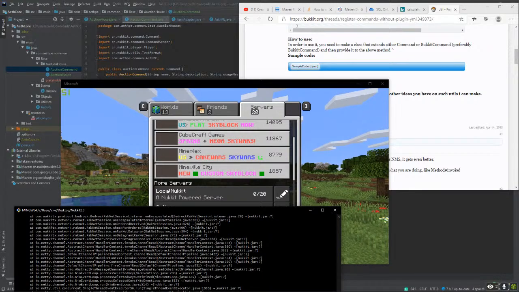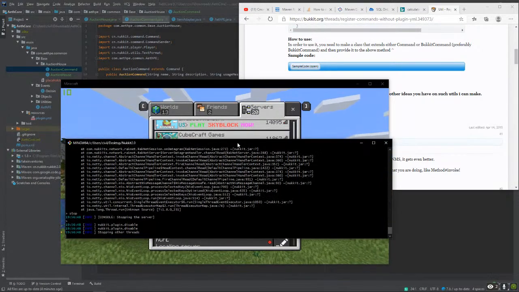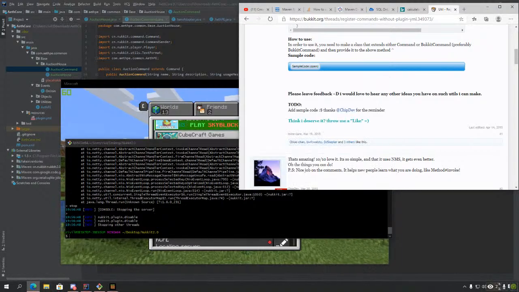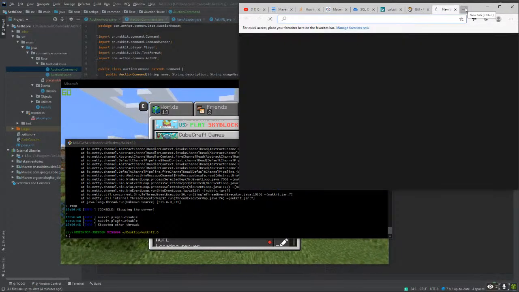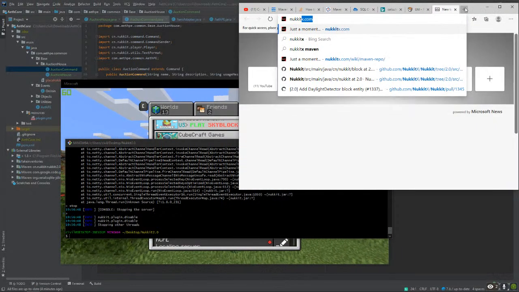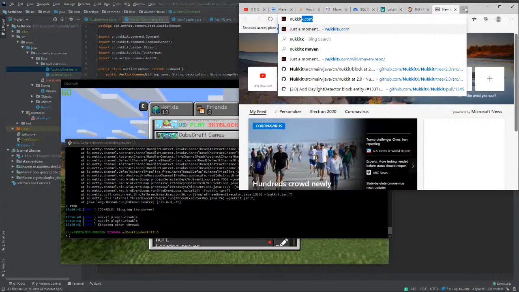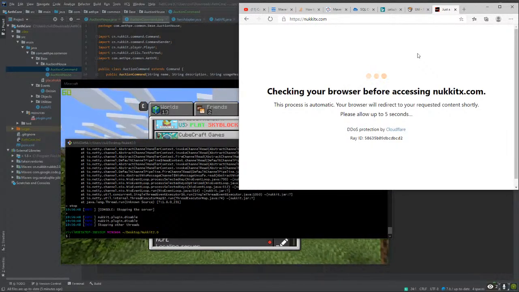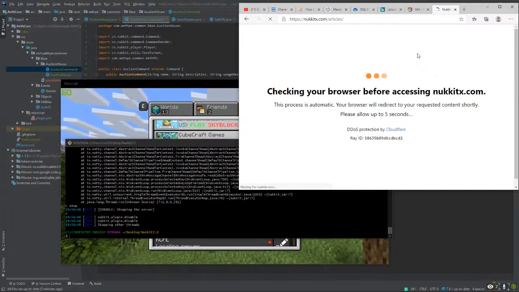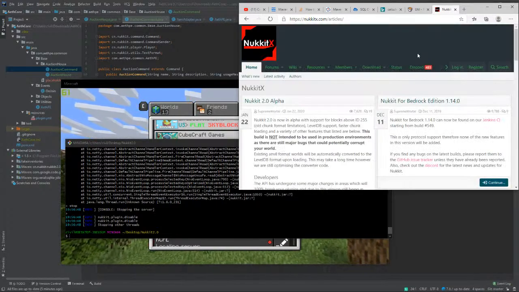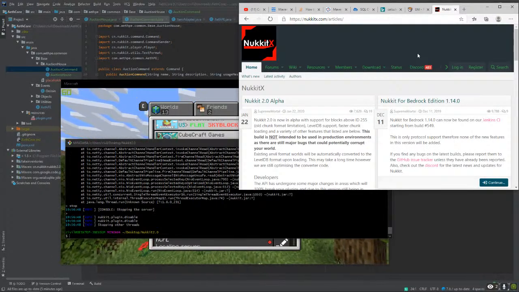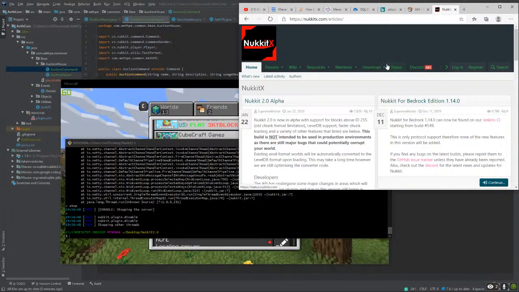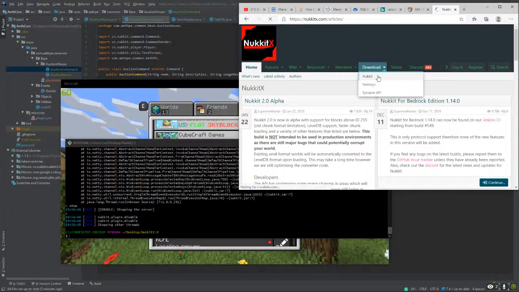So I should stop it real quick. And if I'm not mistaken, if I run the newest version of NukkitX, so nukkitx.com, and I go to the downloads page, let me check.